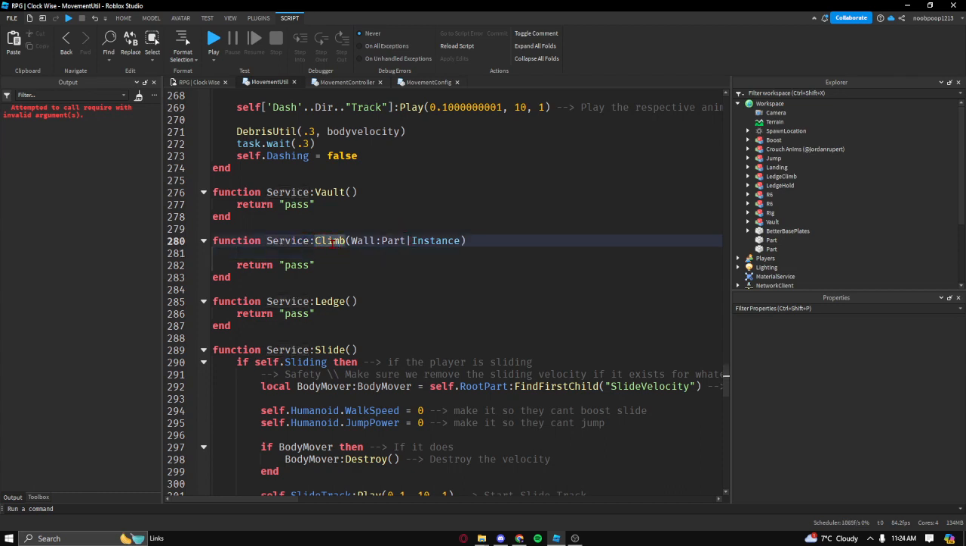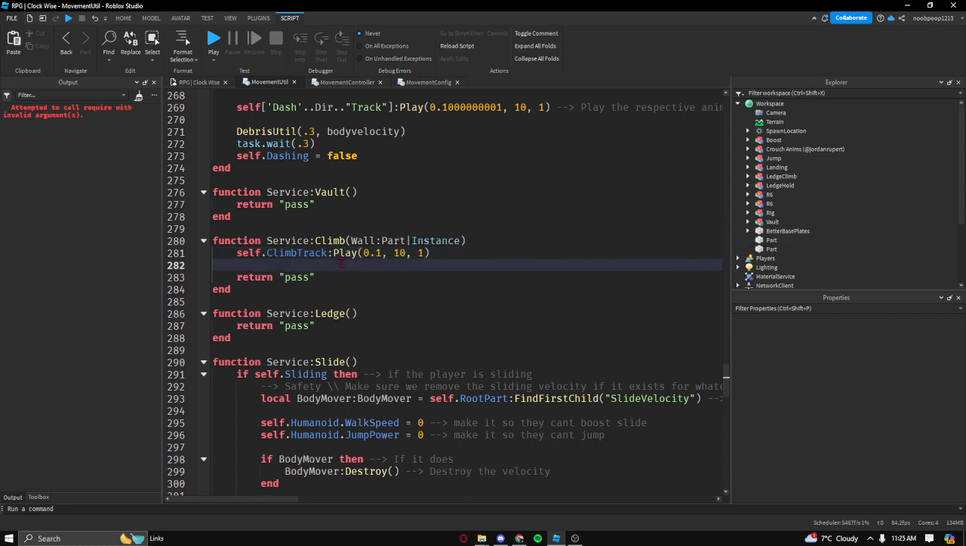And then with our climb, we're literally just going to load in our track. So we're going to do self.climbTrack. Let's play it with a 0.1 fade time, 10 weight, 1 speed. Then we're going to do